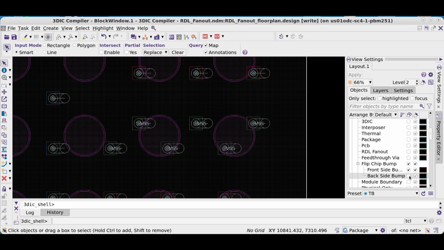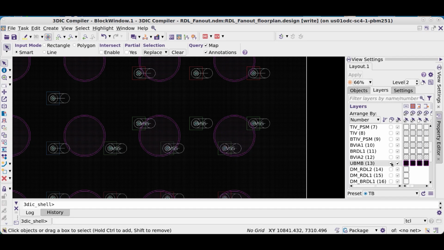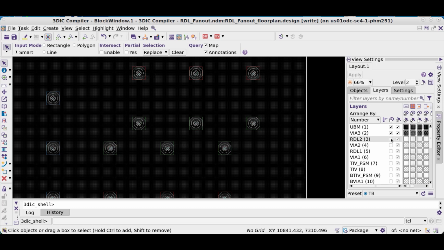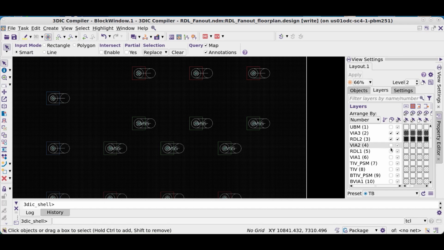We will go back to our Objects panel and take a look at the front side layers. We select UBM and we turn off other routing layers. We look at the vias, and by selecting and deselecting layers in our Layers panel, we can see the shapes on the layers that are selected.